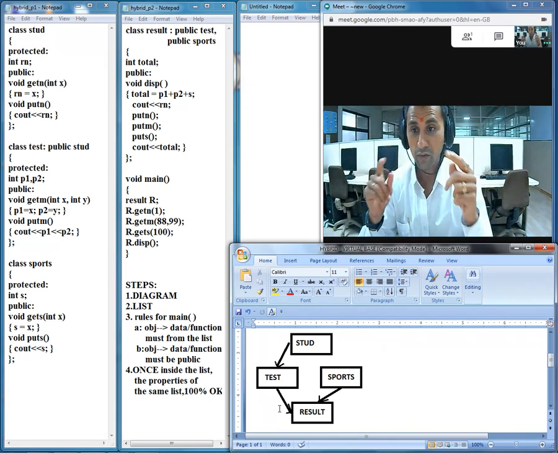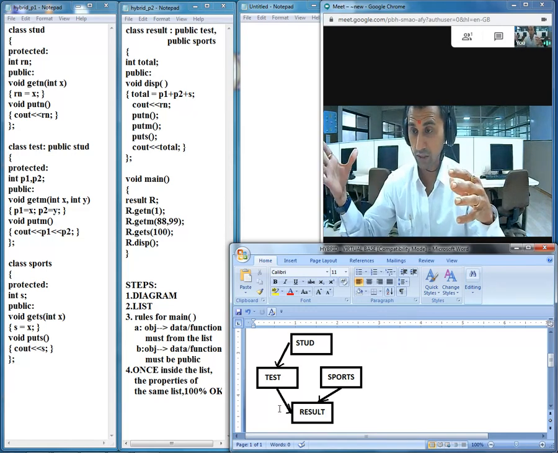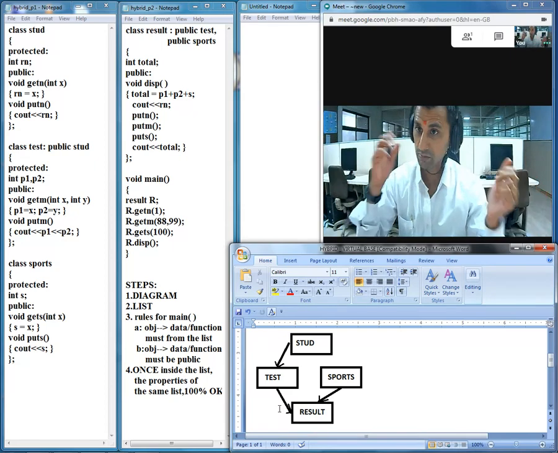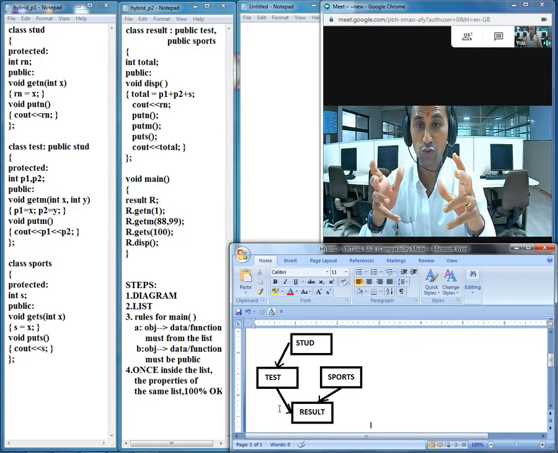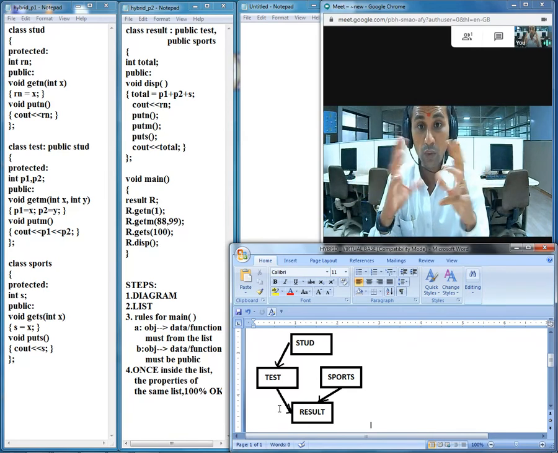Along with that, today we are going to discuss one more type of inheritance in detail, along with the coding, the diagram, and of course the table. Finally, the list. That category is referred to as hybrid inheritance. That means we are going to combine, to mix, more than one category of inheritance.